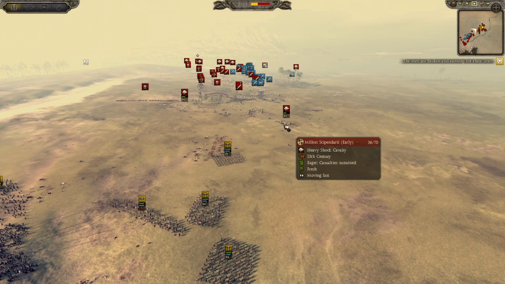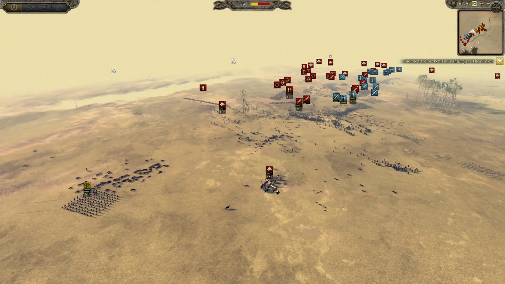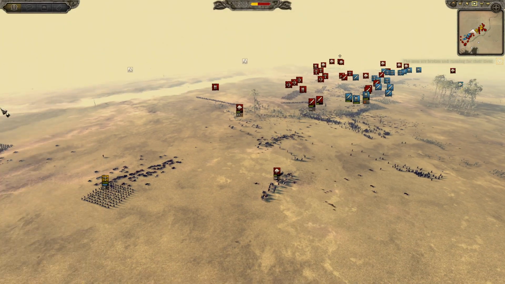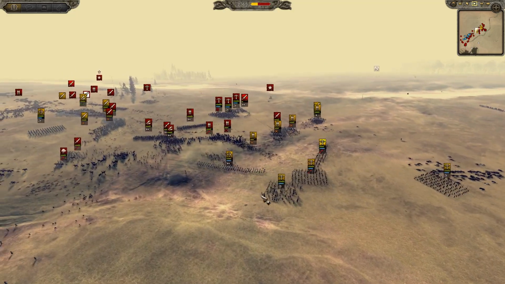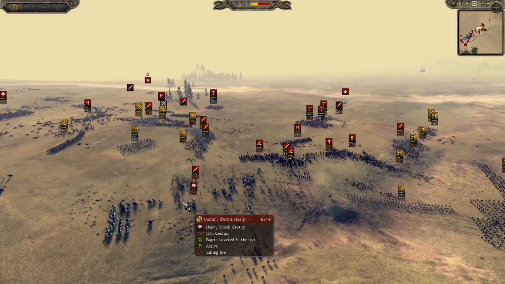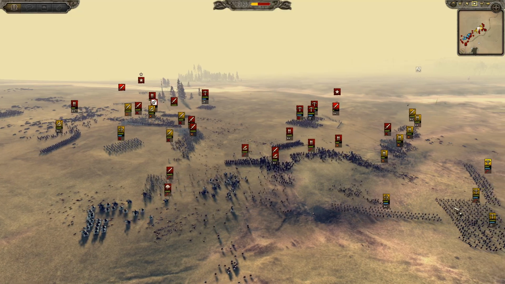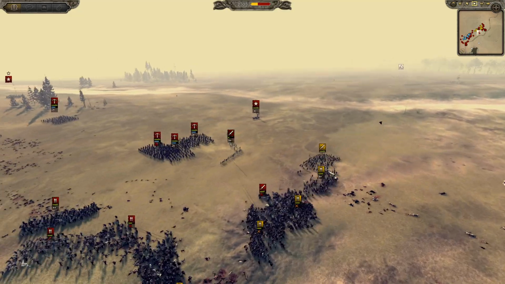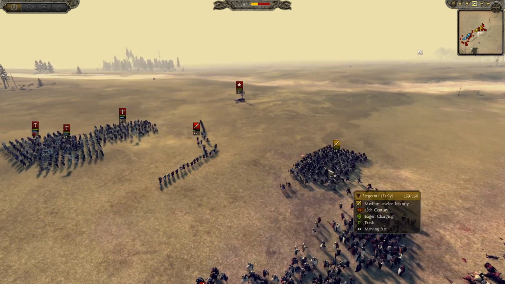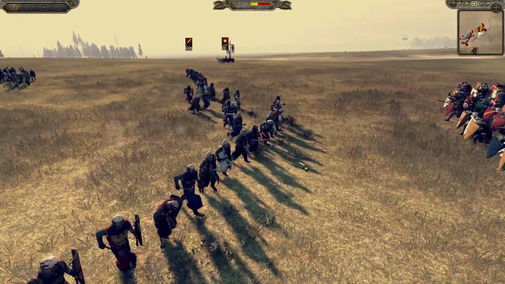Now I've got Cav all the way over here. We've got militaries, more of these militaries stipendari. They can come into the back. You can hit all these archers. But the breakthrough is taking place here. The center of the HRE line is breaking. There's still so many uncommitted troops here. Sergeant's going in.